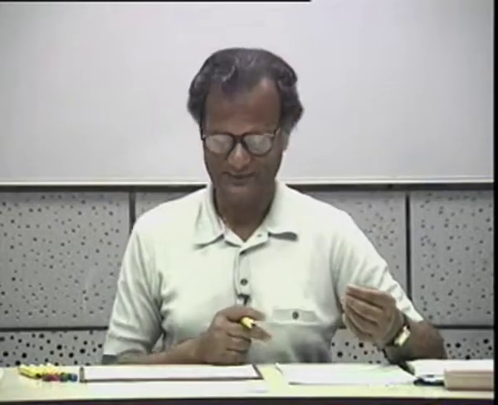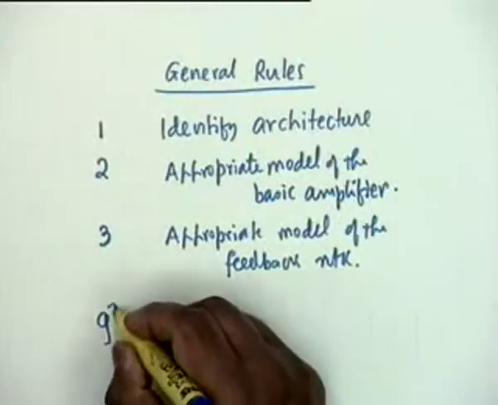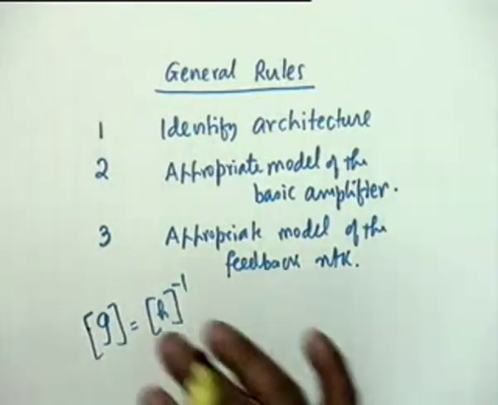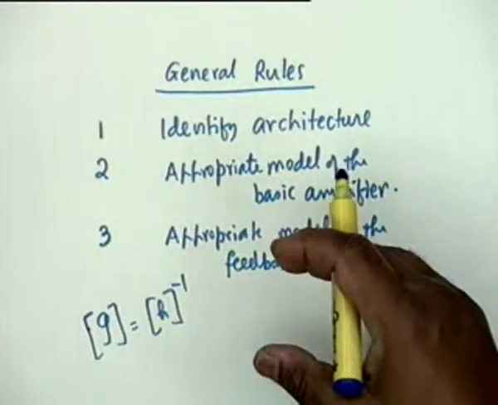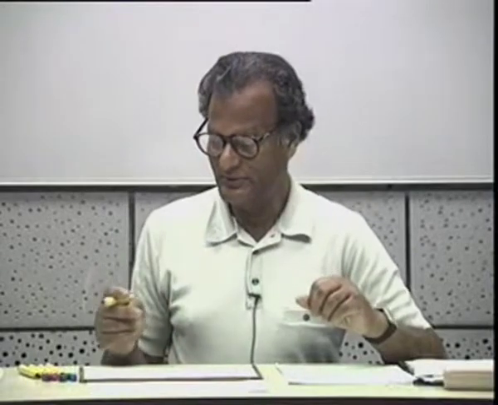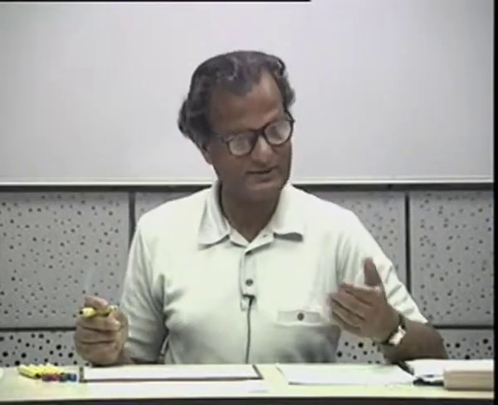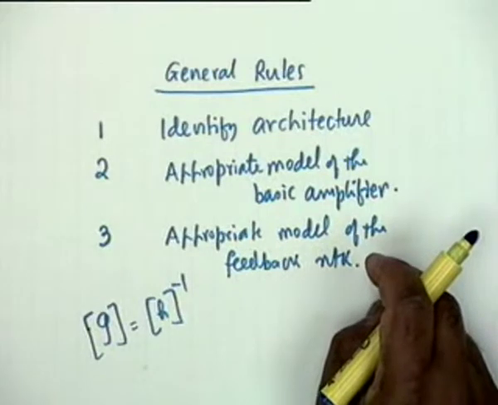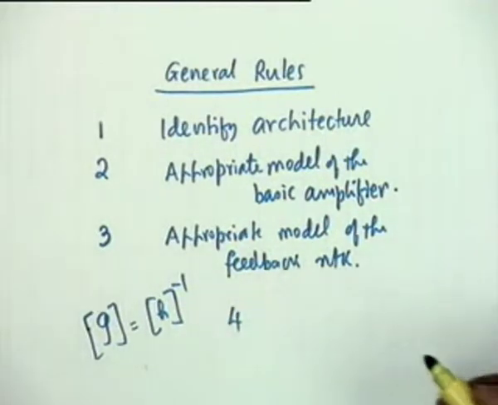The g parameters are the inverse of the h parameters, but we need not know that. Once we get the feel of the whole thing, the parameter identification would be obvious. With a little bit of effort and exercise, you need not do the third step. You can go right from the second to the fourth step.